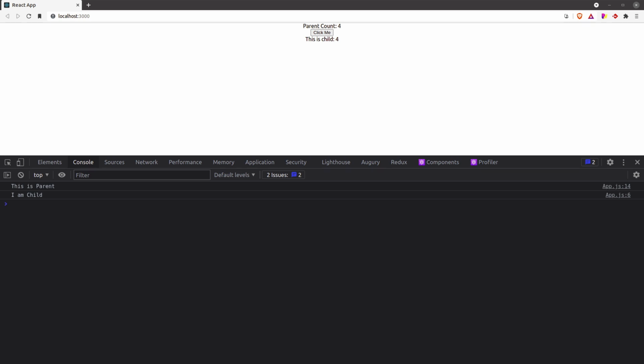So now you might be thinking, how can you decide whether you should use React.memo or not? I would recommend you to open your profiler, load the application, make the changes to the DOM, and see how much time is actually being taken by that child component that is being re-rendered.